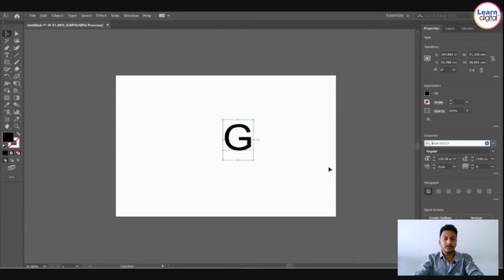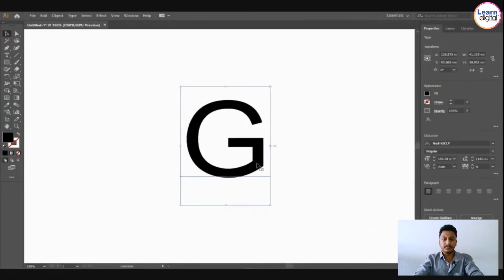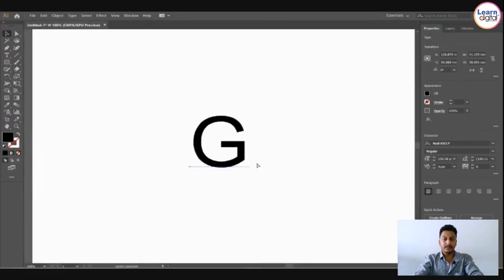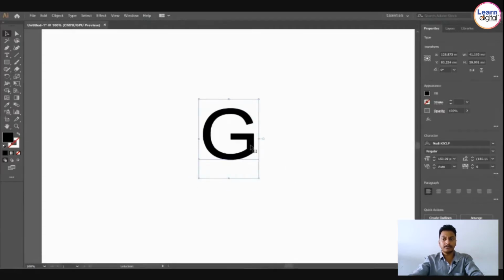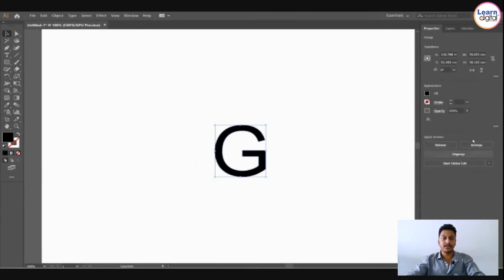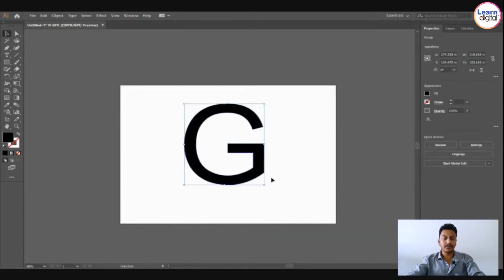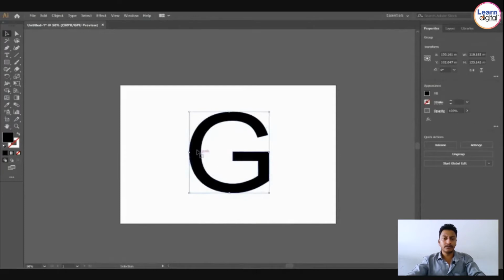So to edit the font, once your font is finalized, just right click on the font and create outlines. So right click, create outline. Then your text or your font will convert to shapes. Once you have converted your font to shapes, you can easily edit things. Easily you can change each and individual point. So that's why, always, if you want to move individual points in a font, convert it to outlines.